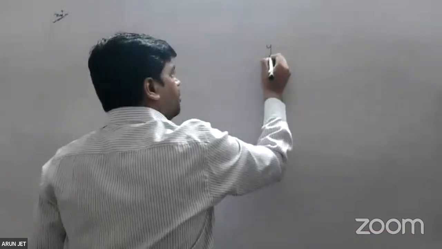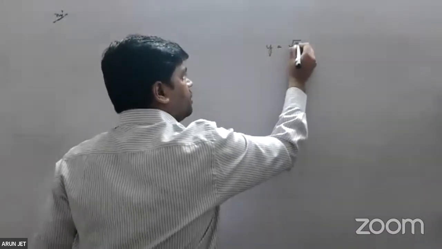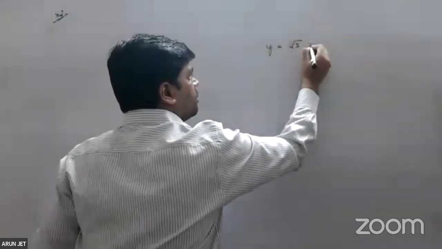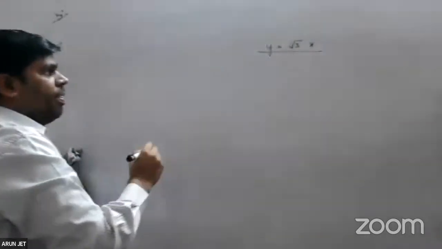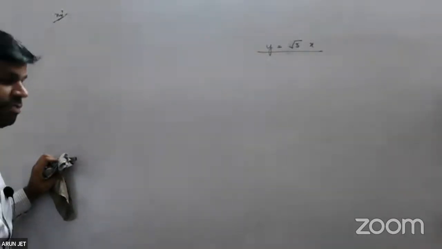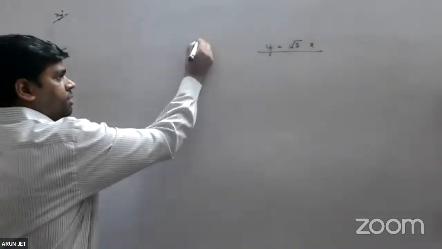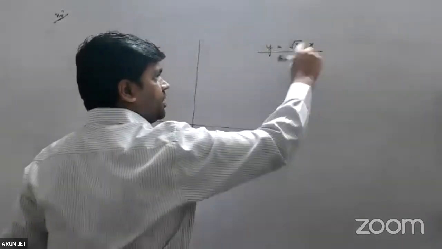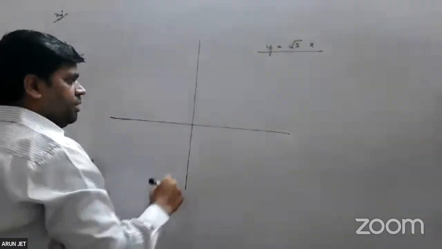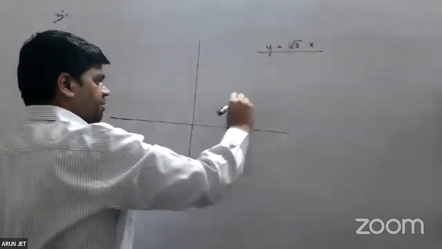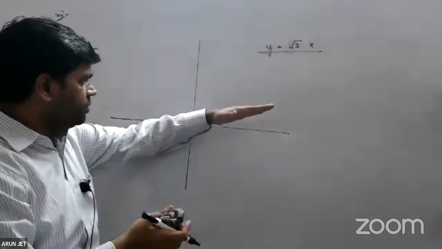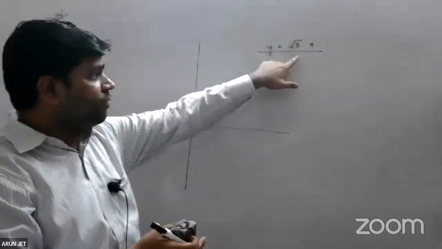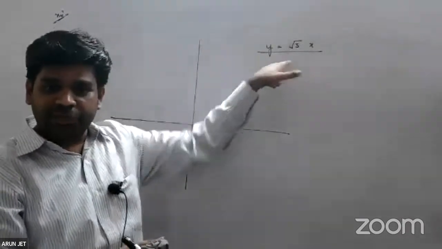Now look at this. Let's plot y is equal to root 3x. So how do we plot this? There is no intercept, plus 0. There is no intercept at all. So it passes through origin. This line definitely passes through origin. So there are many lines like this: 1, 2, 3, 4, infinite number of lines passing through origin. But this has a slope of root 3. So the angle it makes with the x-axis